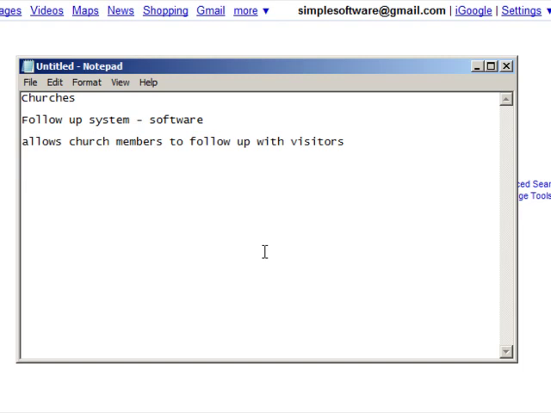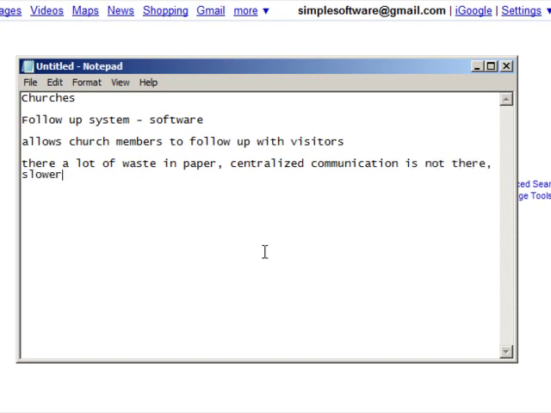So if you can find a problem, the problem with not having this follow-up system is that there's a lot of waste in paper, centralized communication is not there, and follow-up is slower without the software.